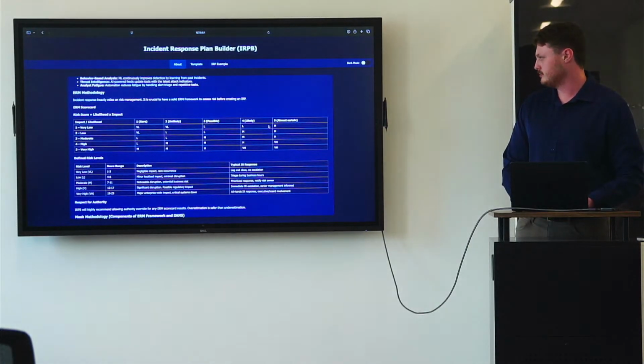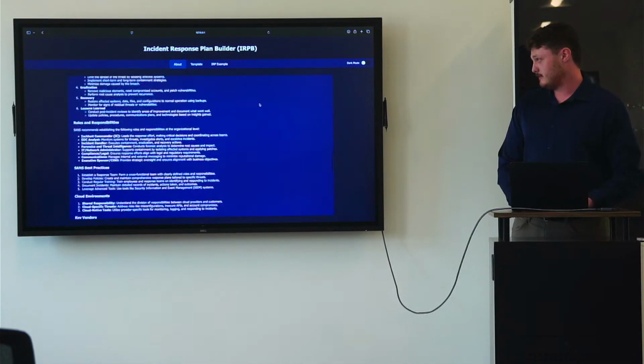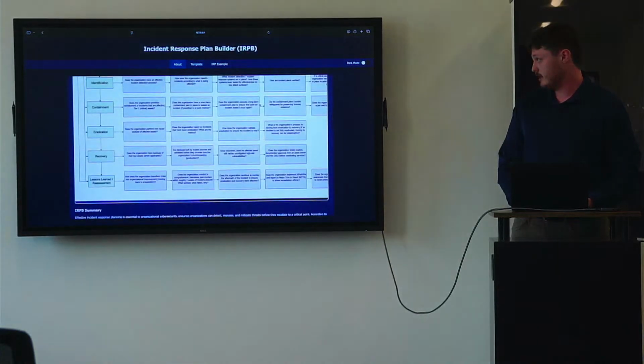That's what I'm talking about. Just a basic scorecard that I carried in here, looking at what's very high from a risk perspective. And then